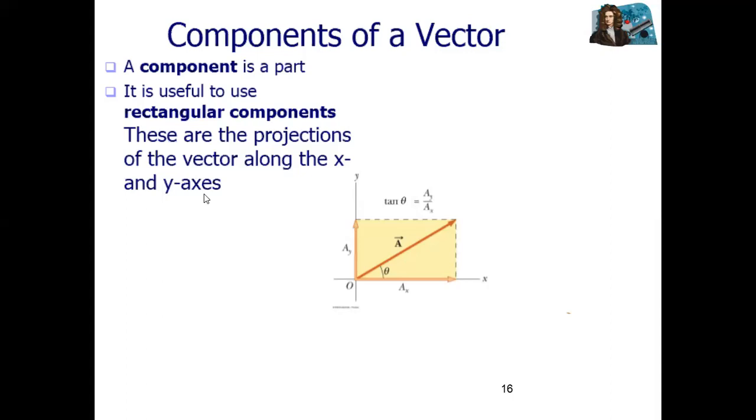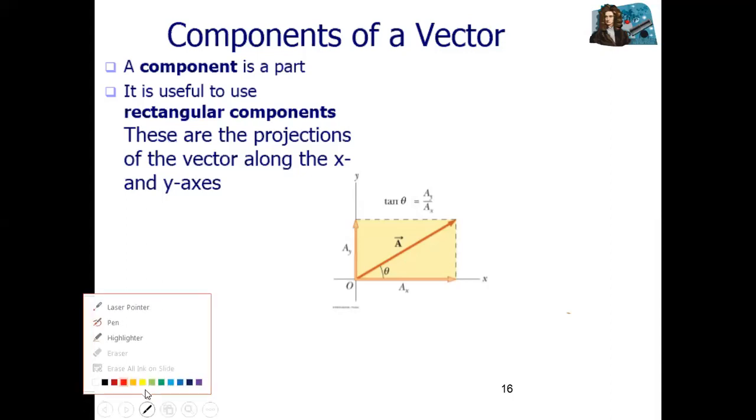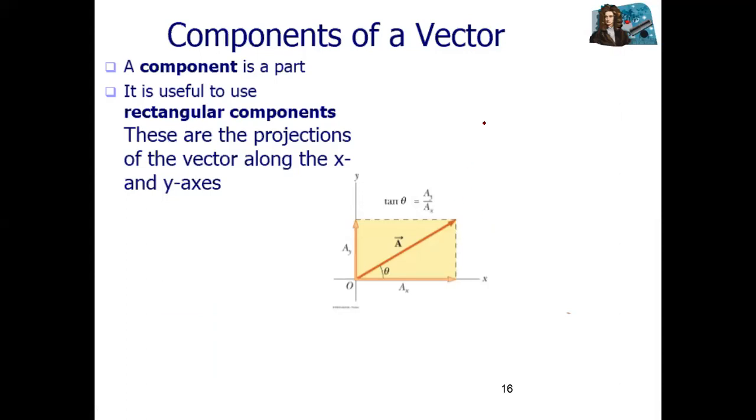Again, if you draw a vector, if you have an xy plane, like x and y plane, and you have a vector given with some angle. Let's suppose the angle is theta here. The name of the vector is A. So how can you split this vector into components? The method is, you draw a perpendicular line on the x-axis. This way you split a vector into its components.